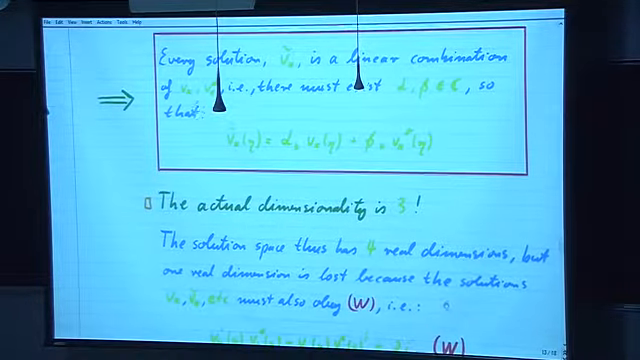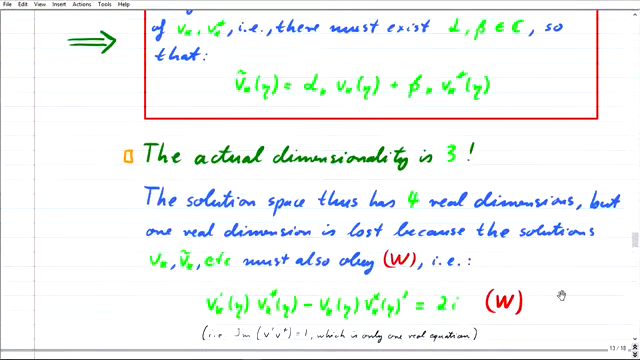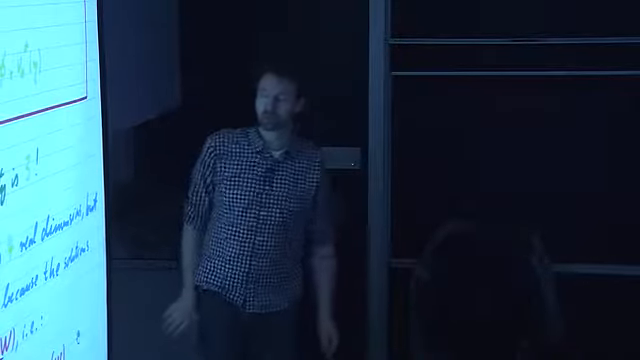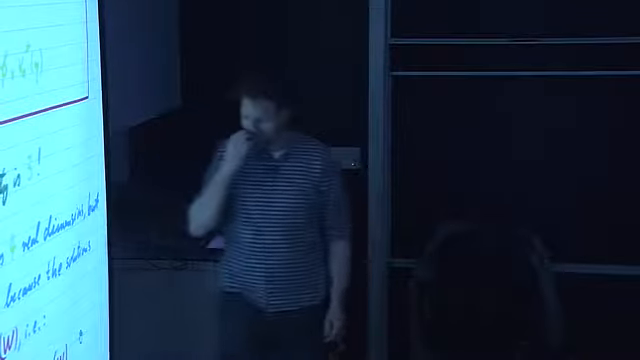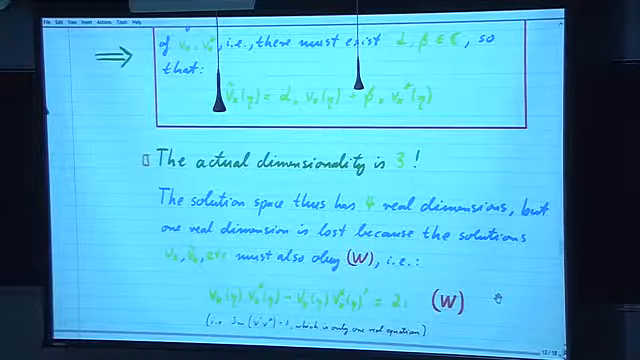Now it turns out that the actual dimensionality is 3. You see, the solution space has 4 real dimensions, as we said, but one real dimension is lost because the solutions have to obey also the Wronskian condition. You can't just use any solution to the Klein-Gordon equation, it also has to obey that condition. And it is a complex equation, and you might think, doesn't that kill two dimensions? After all, it's a complex equation. No, it does not, because